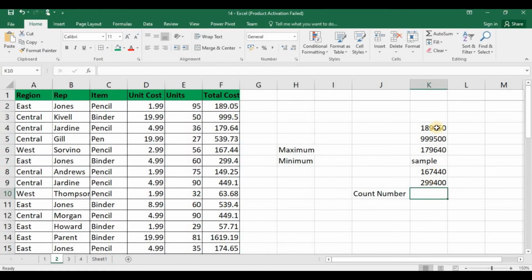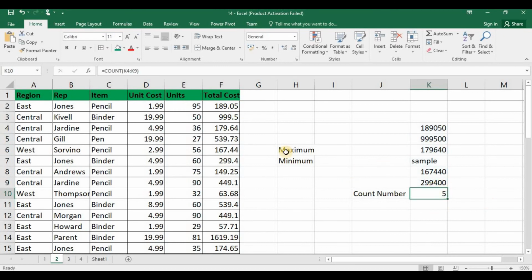We have a column where the data has number and text. I want to calculate the cells having number. For this, we have function called count. Type count, start round braces, select the range, close the round braces. See, we have 5 cells with numbers.